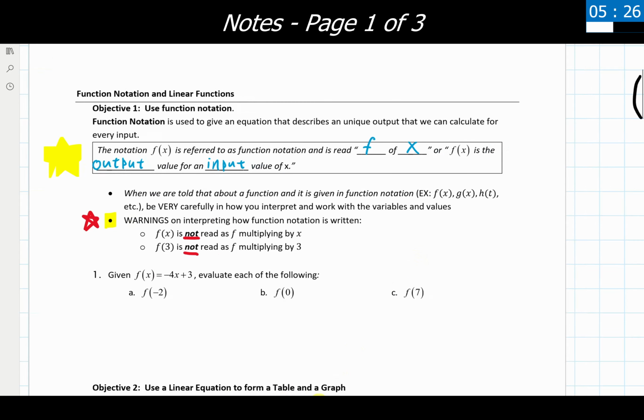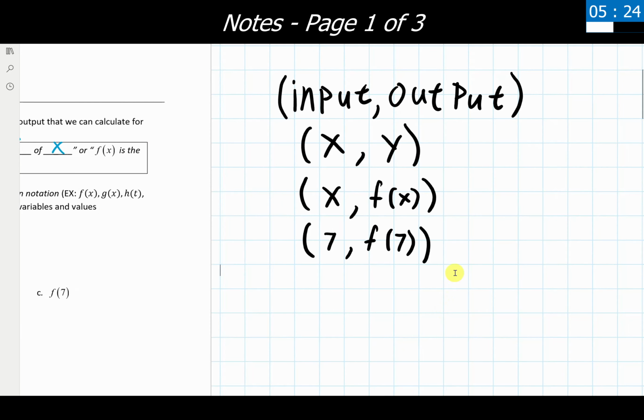Going back over to our ways we had here. So here's a way of thinking on it. The input value is always inside of parentheses. So input value being x in this instance. Where is x in function notation? It's in the parentheses. So that could be something that you could use to help distinguish, okay, here's my input value.